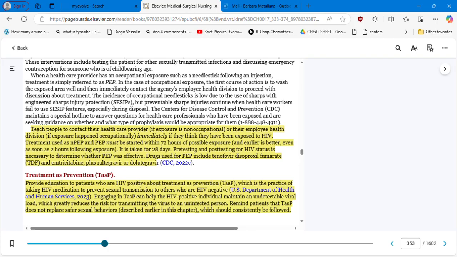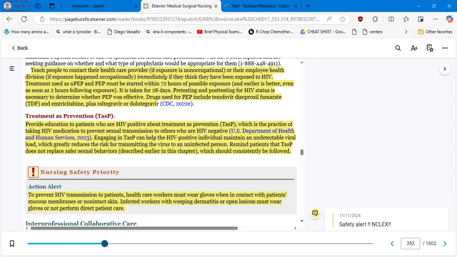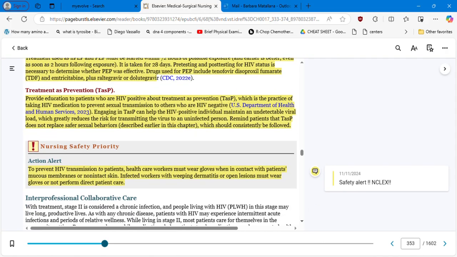Okay, so drugs used for PEP include tenofovir and emtricitabine plus raltegravir or dolutegravir. Most important to remember in terms of PEP: immediately after the exposure, as soon as 2 hours, start your medication, within 72 hours, and you need to take the medication for 28 days. Treatment as prevention: provide education to patients who are HIV positive about treatment as prevention,